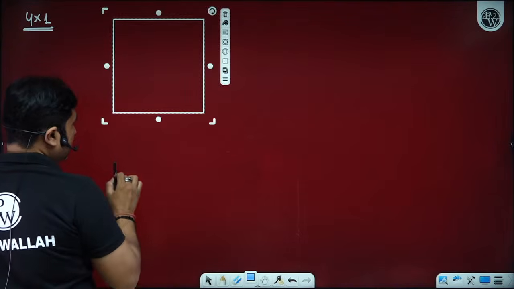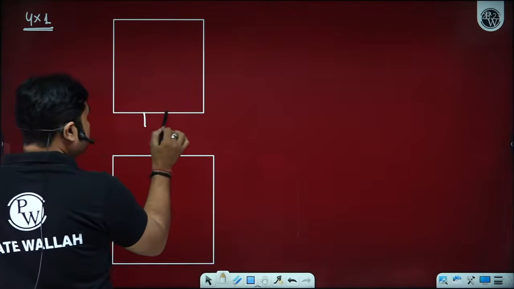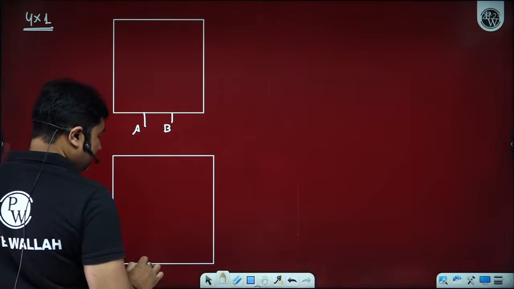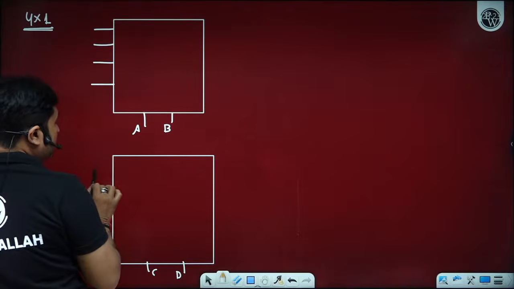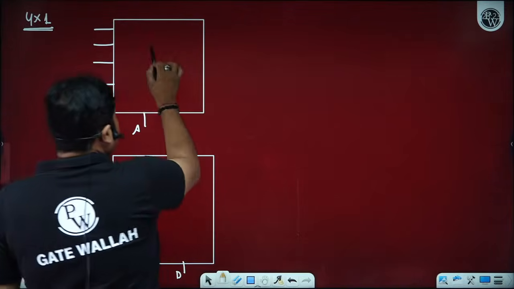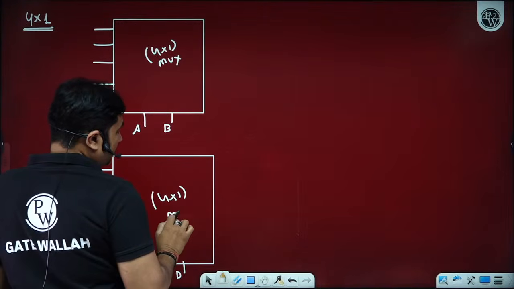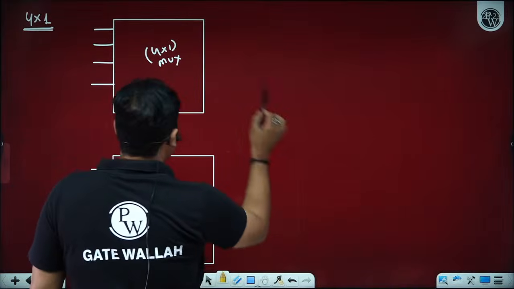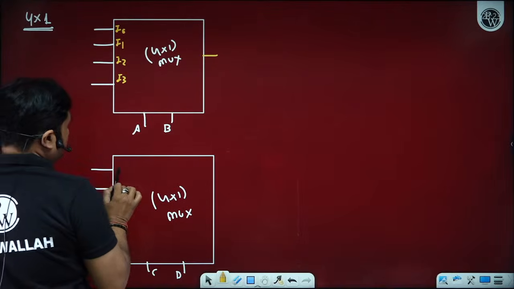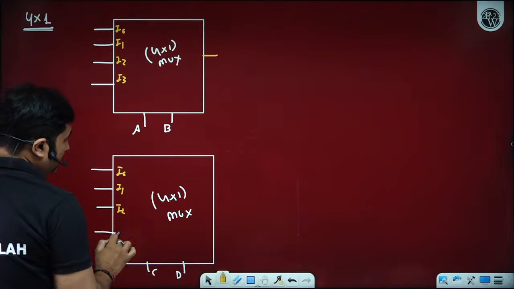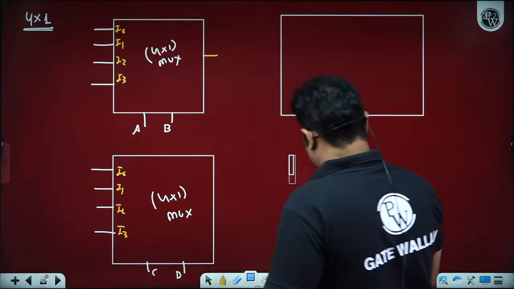One possibility is either we can have AB, BC or CD onto the select line. First I am choosing AB onto the select line, and then I am choosing CD onto the select line. Is it okay? So we have 1, 2, 3, 4 inputs. This is a 4 cross 1 mux. This is also a 4 cross 1 mux. Yes, sir. So here we have I0, I1, I2, I3. Now for 4 cross 1, it's a special case, best to go with a K map.